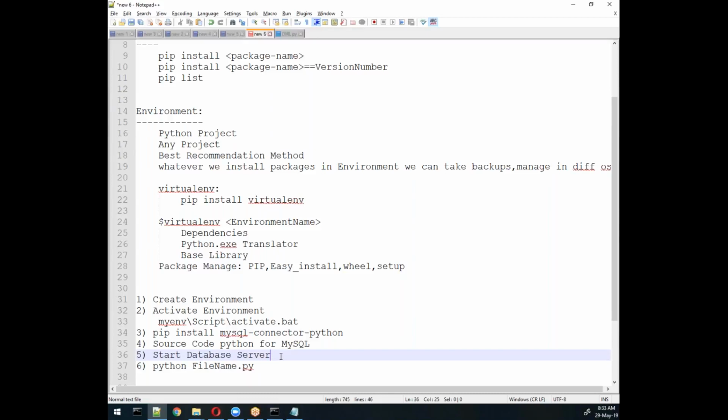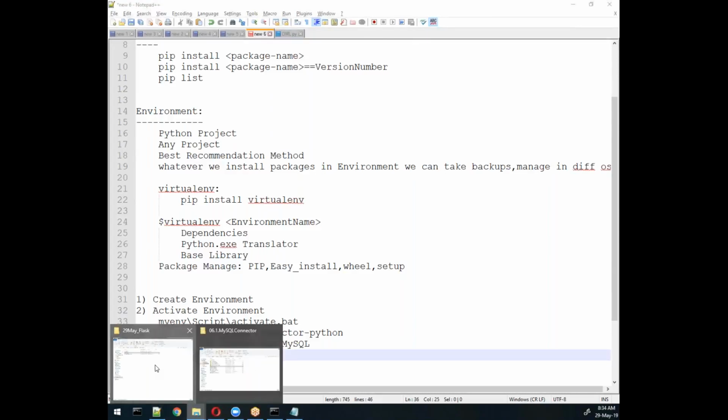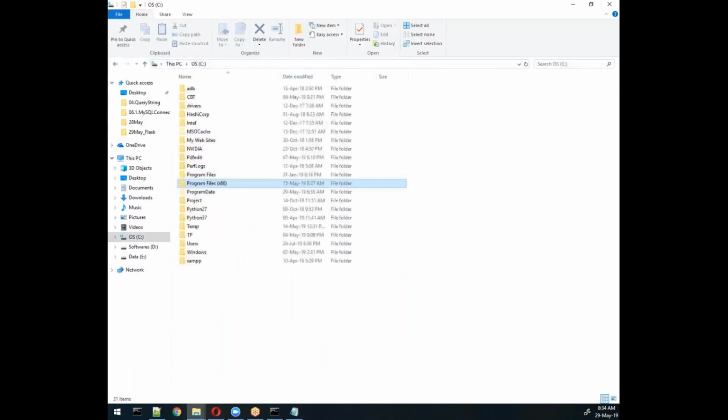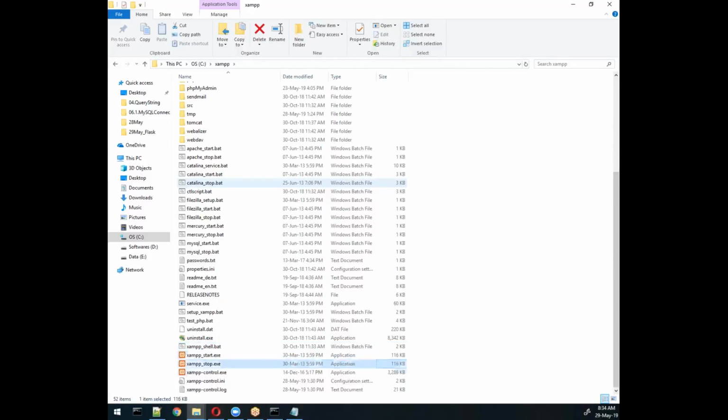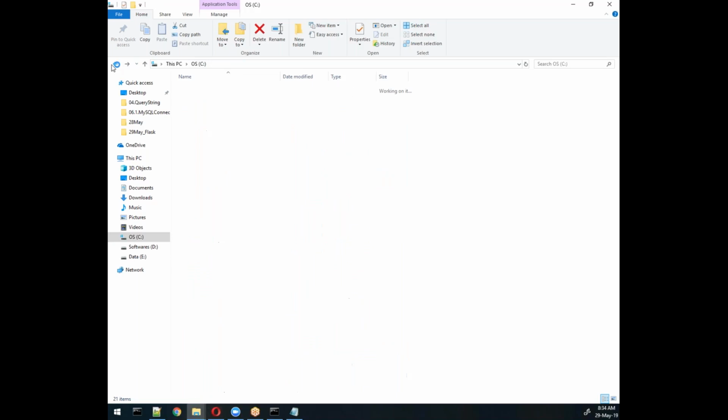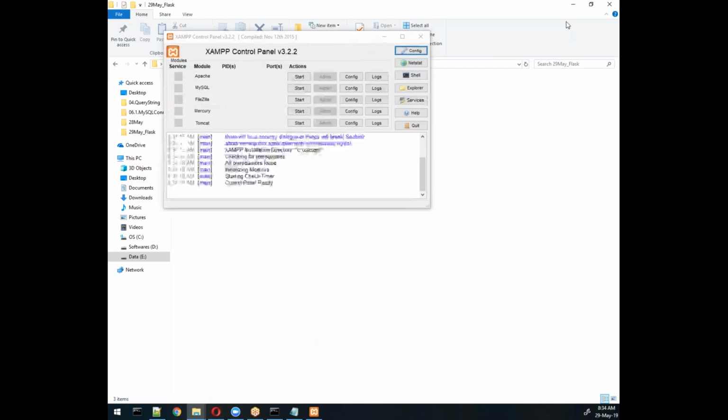I forgot this. We can start the database using XAMPP. I'm using XAMPP here for the database. XAMPP control panel, Start.